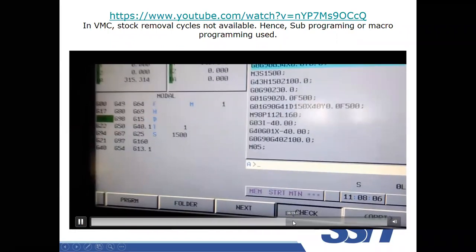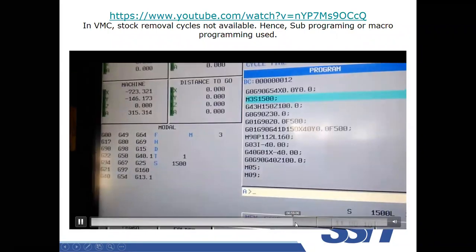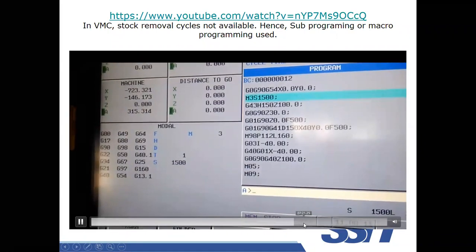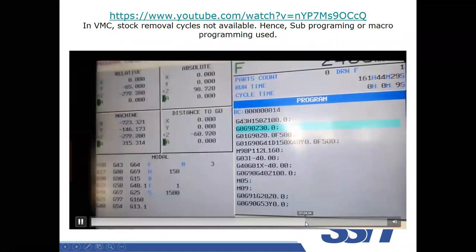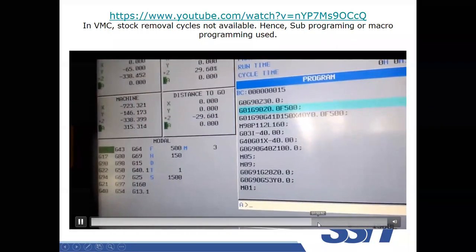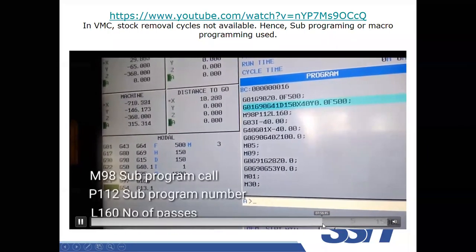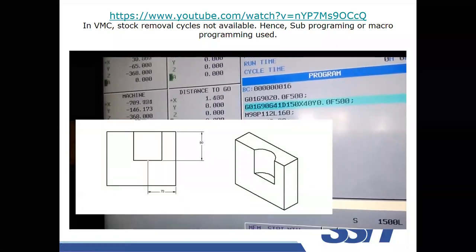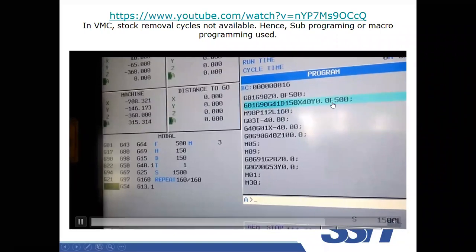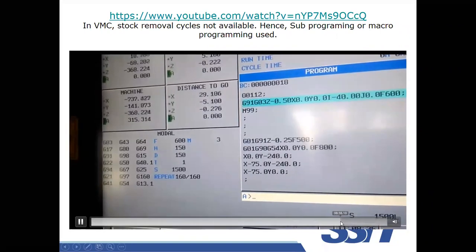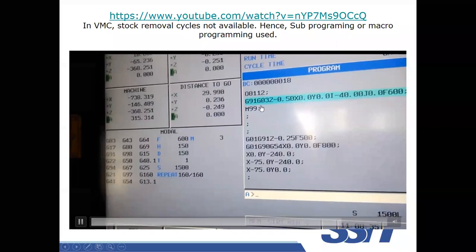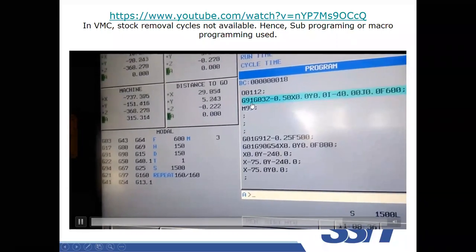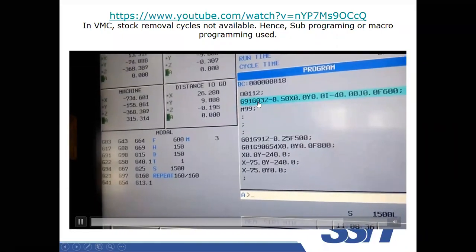Okay, so the spindle stop. You can see that this is what this execution is explaining. I wanted to move to here, the point where the subprogram I wanted to see. Okay, this is the subprogram. You can see 118 is G91, G03 anti-clockwise rotation.